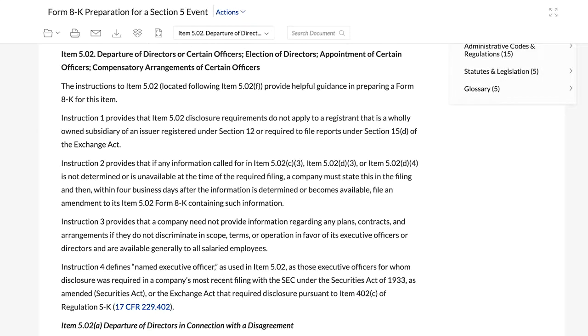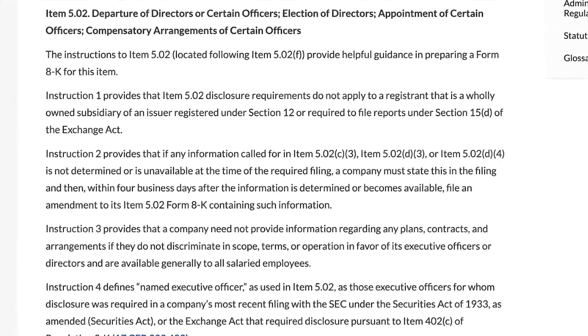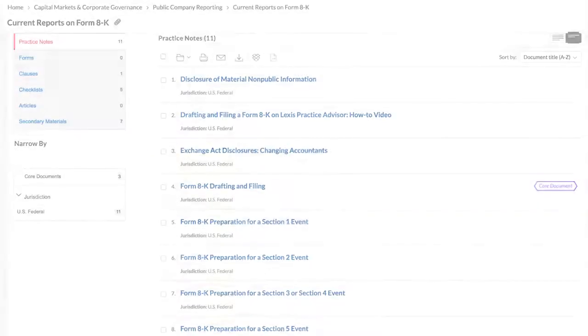This section describes the different events that require filing an 8K under Item 5.02. Specifically, you learn that there are different disclosure requirements for directors that resign in controversy versus directors that resign for other reasons. You now know that an 8K filing is necessary and can respond to your client about the required disclosure depending on the circumstances of resignation.